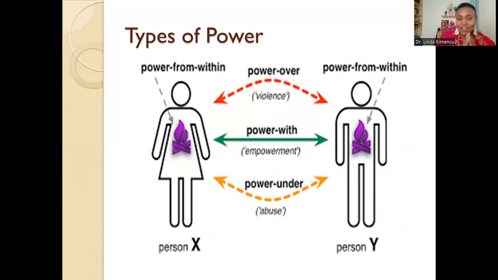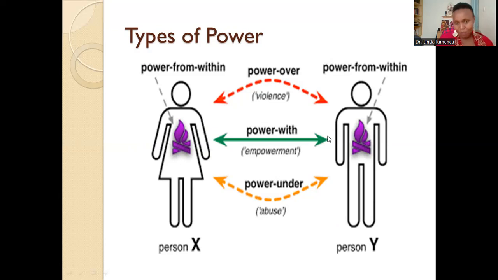And I'm going to start with the power over. If you see there's the power over or violence. Now, the power over is an attitude that some people have, that power is finite. And some people have it and others don't. So it's more like power over people in terms of coercion, in terms of you forcing them to do things unwillingly. So you have power over them. Then we have